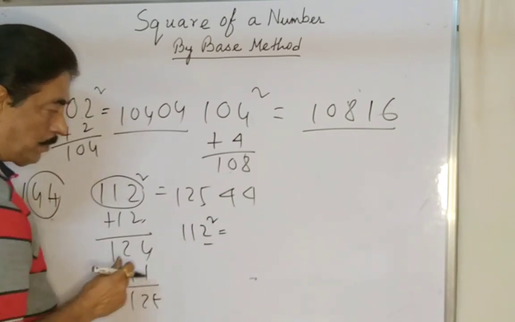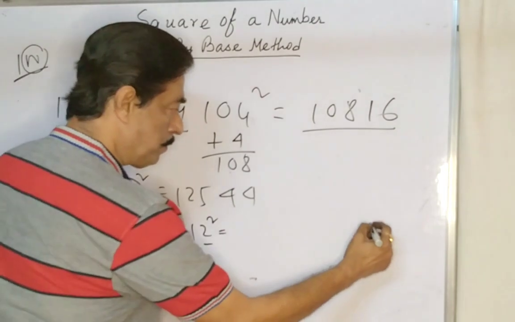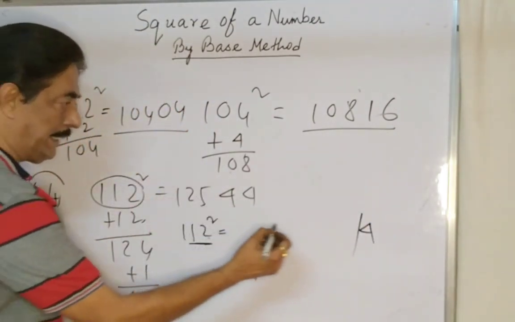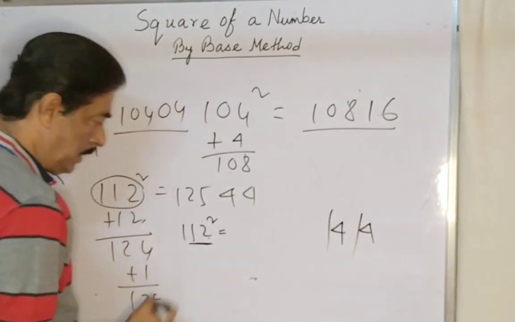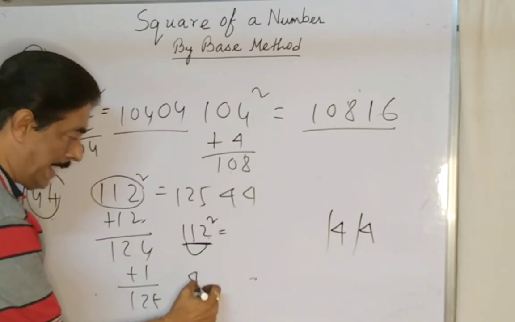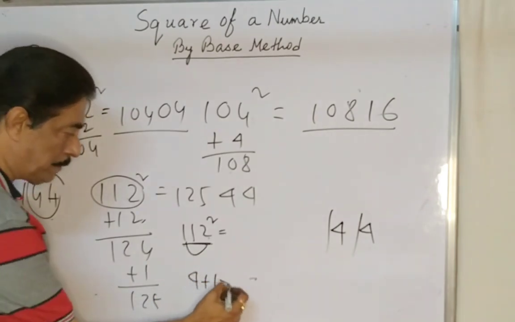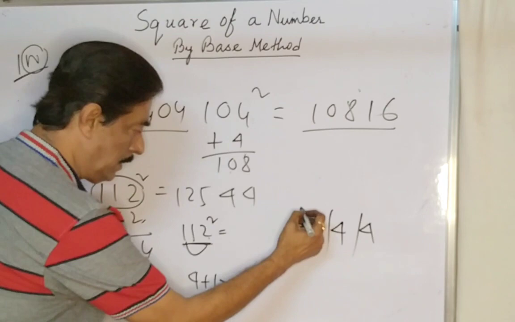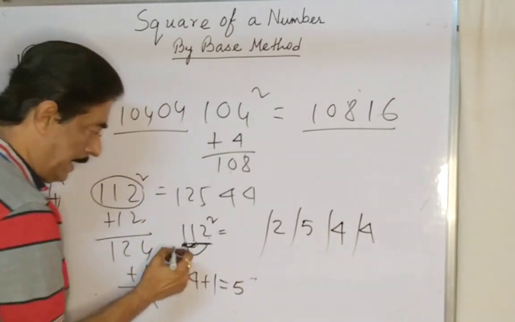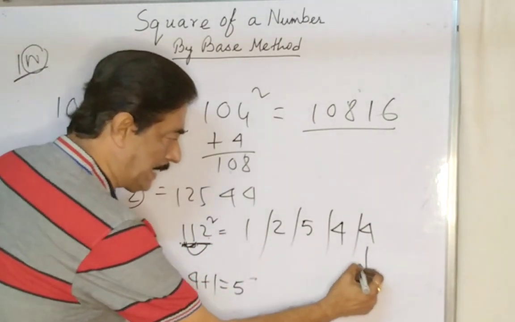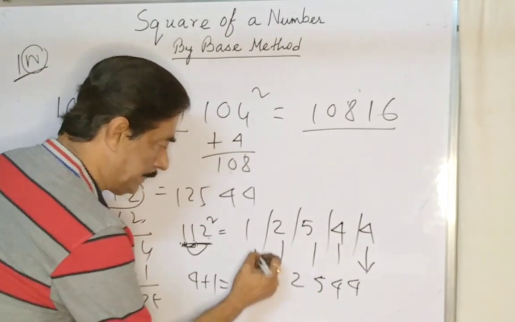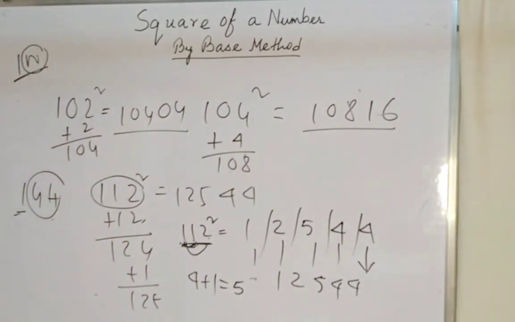Start from the right side, as we have already discussed: 2 square is 4. When we are taking 2 digits, 2 ones are 2, make it double, it is again 4. When you are taking 3 digits, first and last multiply, 2 ones are 2, make it double, 4. Add the middle number square, which is 1, so 5. I write 5. Again 2 digits from the left side, 1 ones are 1, make it double, 2. Again 1 square is 1. So I put directly 1, 2, 5, 4, 4 and check with your previous result.